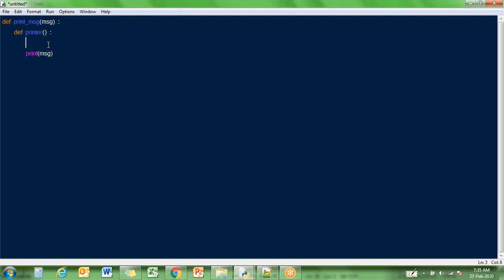If I have one more variable inside the printer function, then this value will be printed, not the outer value. So I am using this, which means that value will come from the parameter message of the outer function. So this function returns